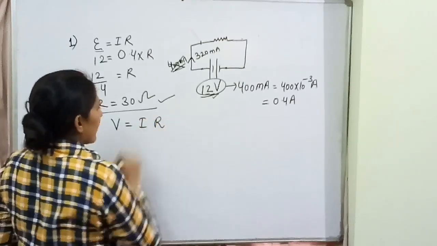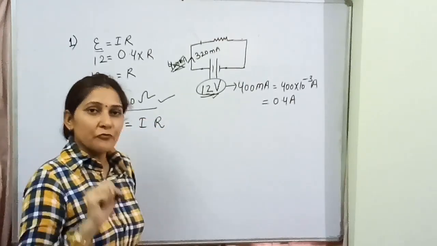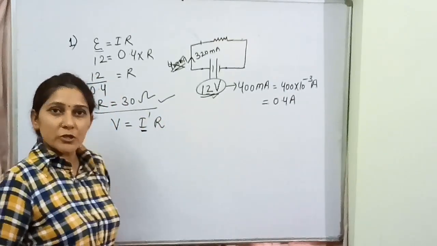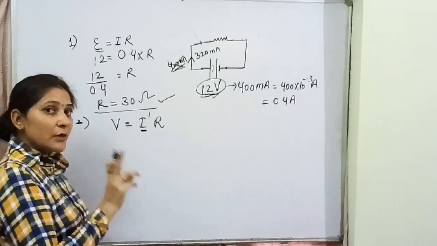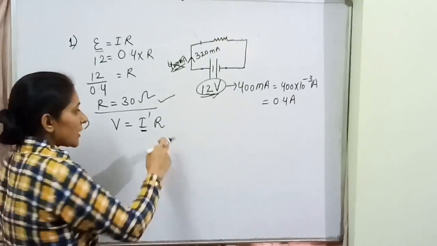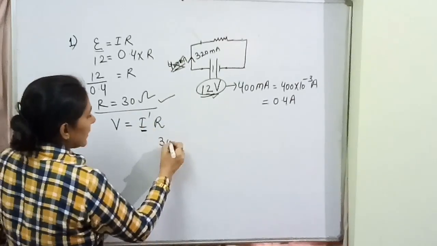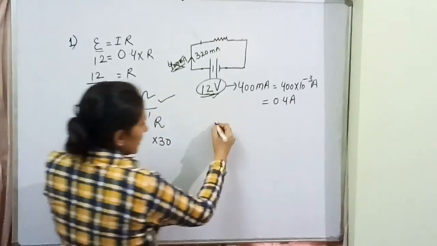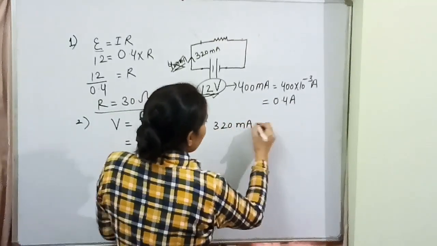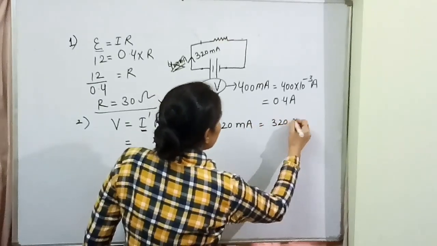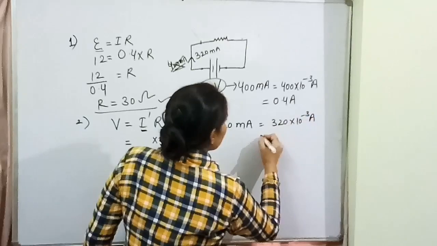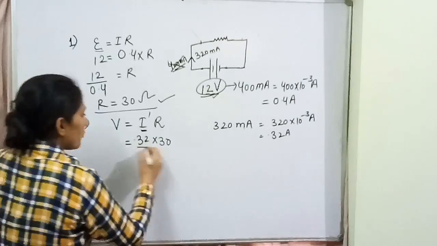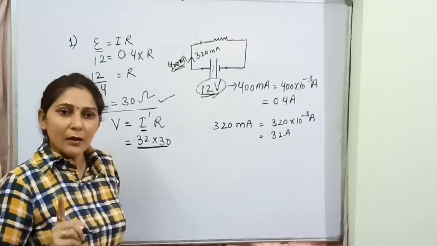V is equal to IR. But they are giving you a condition when appliance stop working. Stop working में I का वैल्यू कुछ अलग हो गया था. Let it be I dash. Okay, appliance will remain same, battery will remain same. So यहाँ जो बैटरी का रेजिस्टेंस निकाला था let it be that 30 into करंट का वैल्यू हमारे पास कितना हो गया था 320 मिली एम्पियर. So this 320 मिली एम्पियर again converted into ampere, that will be 320 into 10 raised to the power minus 3 ampere, or you can say 0.32 ampere. Put that value over here, 0.32 ampere. So whatever value we are getting, that will be our terminal voltage.